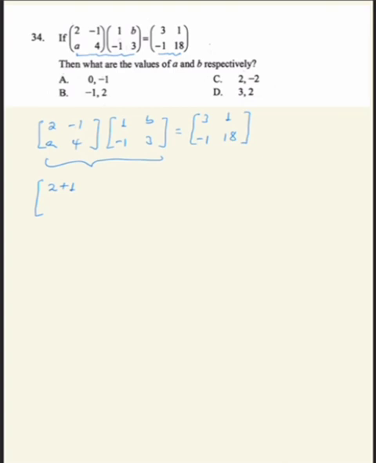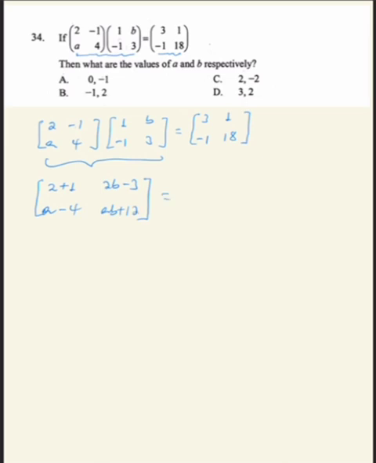One element is done. Then 2 times b is 2b, minus 1 times 3 is minus 3. First row is done. Going to the second row, a times 1 is a, 4 times minus 1 is minus 4, then ab plus